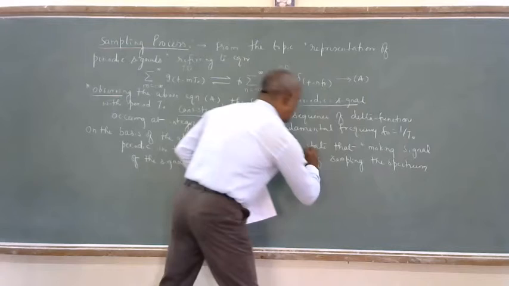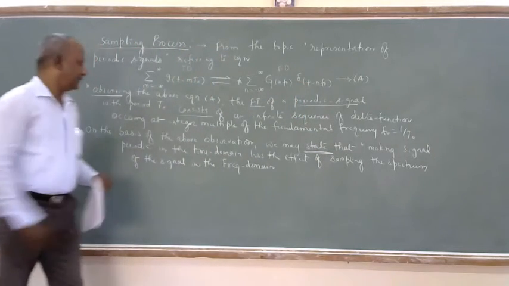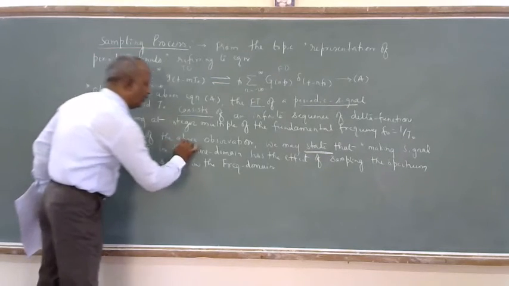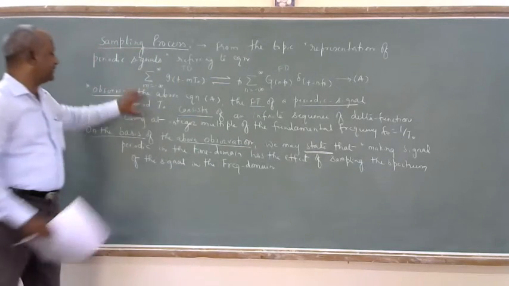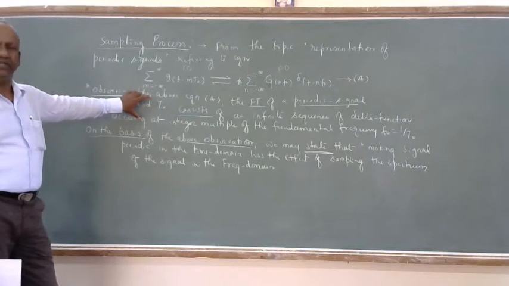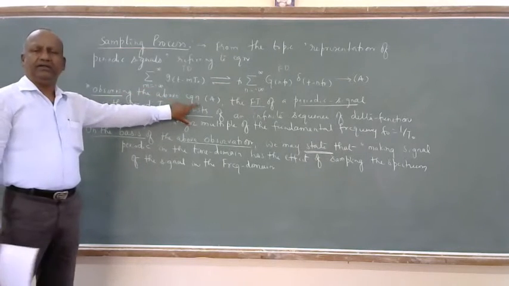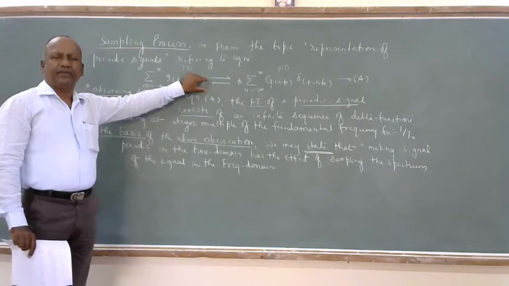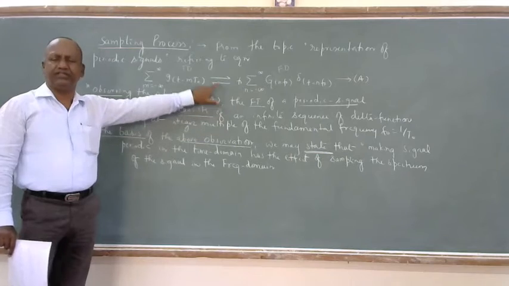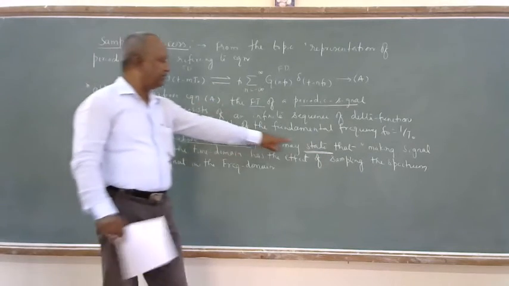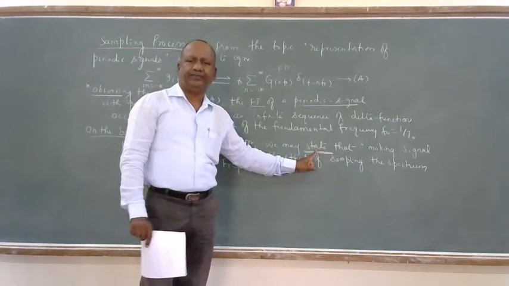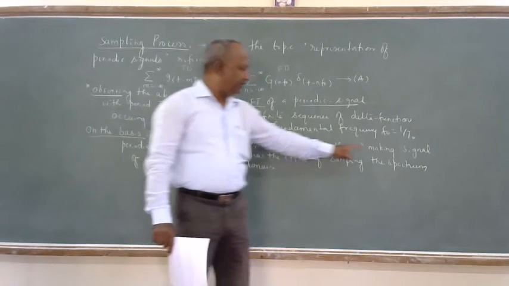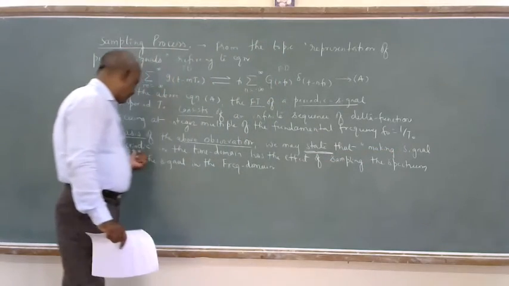See, we are creating a statement from what? On the basis of the above observation. This observation is here. In the observation we are writing the statement of what this equation basically says. After writing the observation of the equation, then we are creating a statement based on that observation. What statement is it? Making a signal periodic